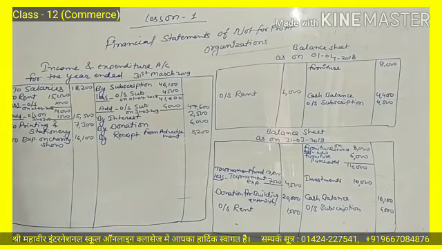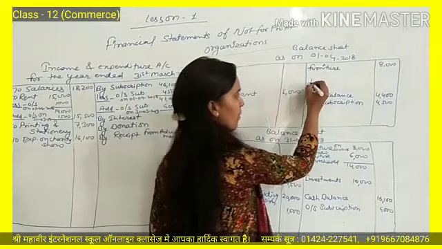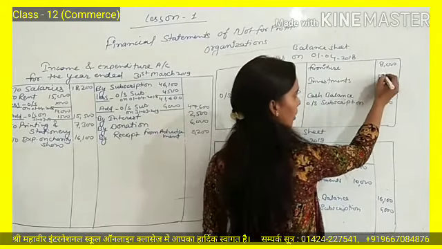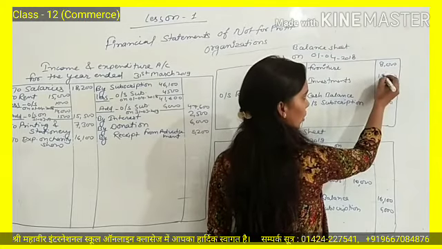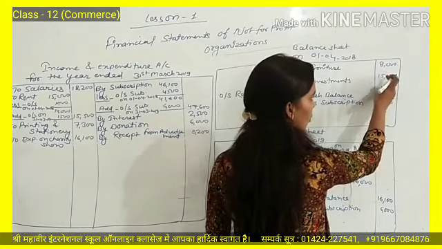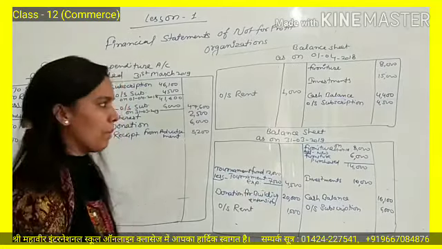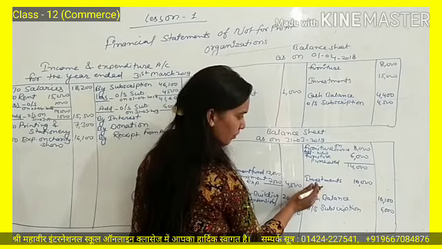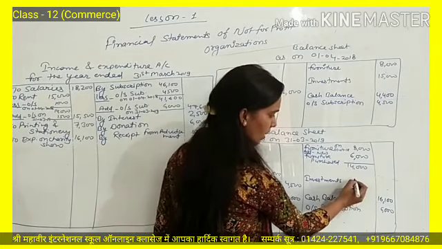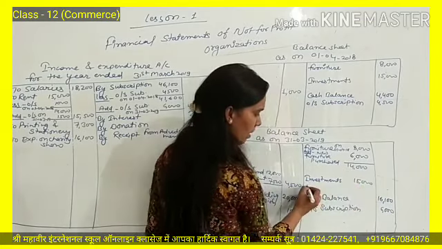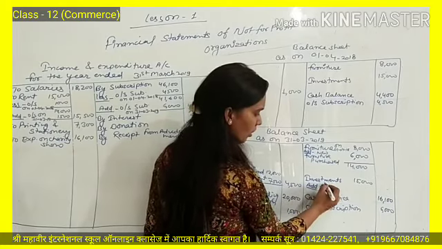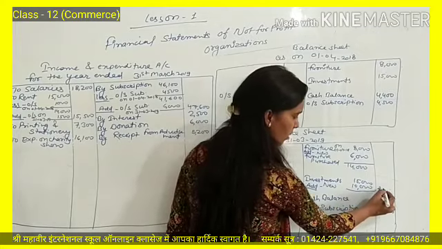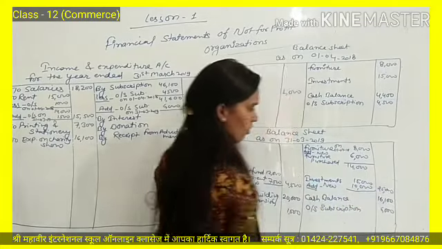Investment valued 15,000. So investments will also be shown here. Investments 15,000. These are the opening values of the items that we are showing in the opening balance sheet also. Investments, the same investment we will write here also. First write here 15,000. This is the opening balance, and then add new, that is 10,000. Means total investments you have 25,000.